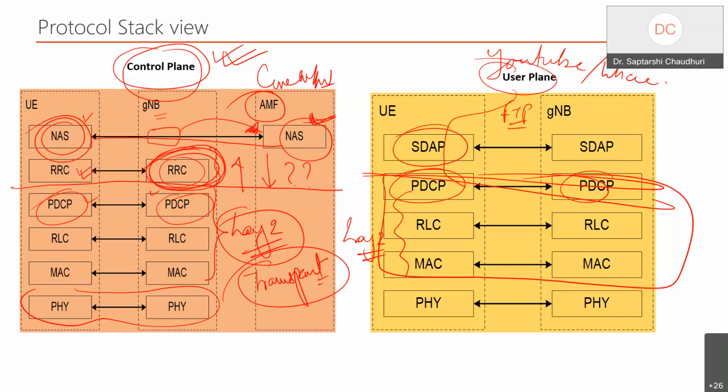The layer 2 doesn't worry about what is coming from the top. Now that creates another big problem. What is the problem? We'll talk about that. Just keep in mind that layer 2 has a problem: it doesn't want to know what is coming from the top. Top means what we call layer 3, a signaling packet or layer 3 data. This is the fallacy we'll try to uncover in the next couple of slides.